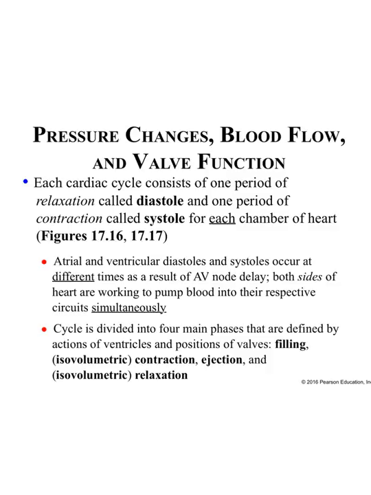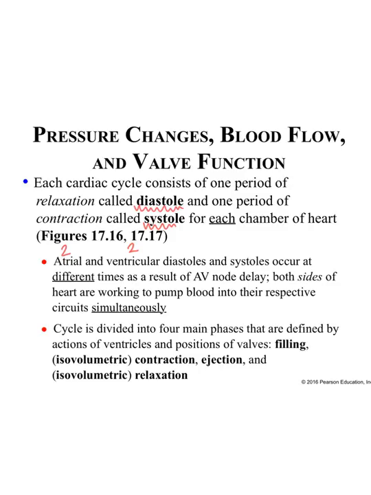Okay, so again, each cardiac cycle, you're going to have a period of relaxation. Again, the term we use for that is diastole, and a period of contraction, or what we call systole, in each chamber of the heart. And again, there are 4 chambers of the heart, but the 2 atria and the 2 ventricles are going to be synchronized. So what allows the atria and the ventricles to contract at different times is the fact that we have that delay at the AV node,